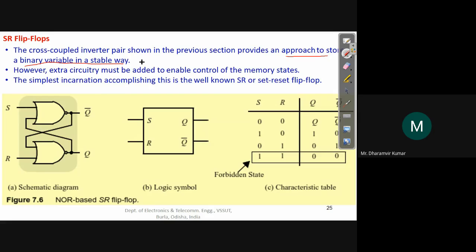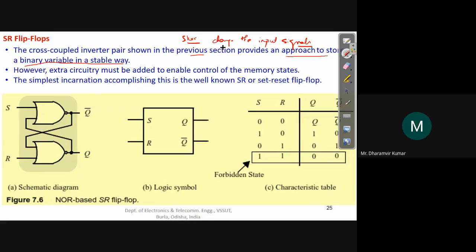So we need some external control circuitry, some control mechanism, through which we can change or modify the input values, the input signals into the circuit. That particular circuit is good enough to store the value, it can just store. But what should we do? In order to change or control the input signals, because signals will not remain the same with time, they change, we know this thing,